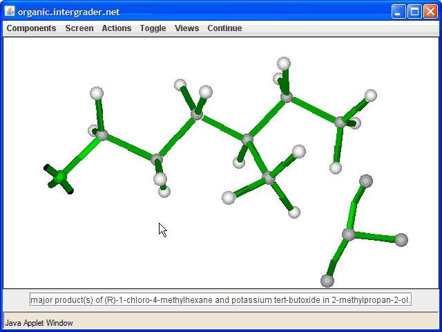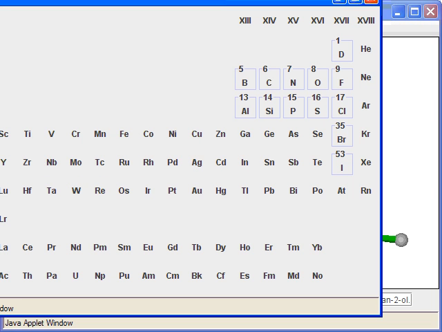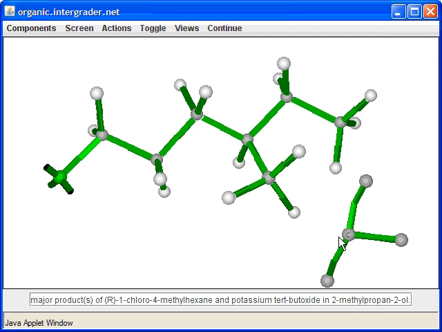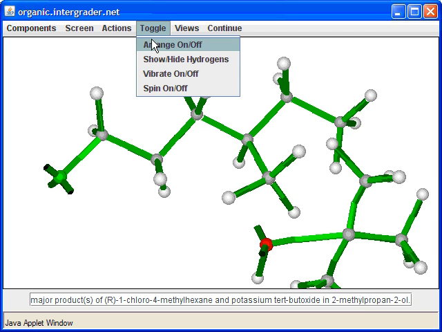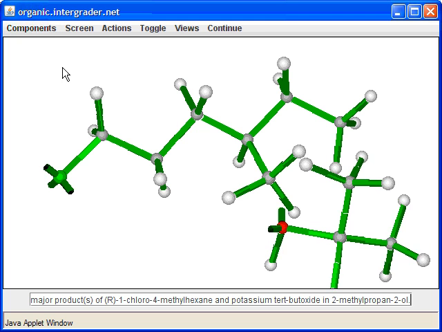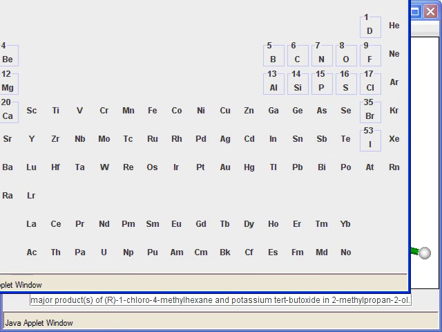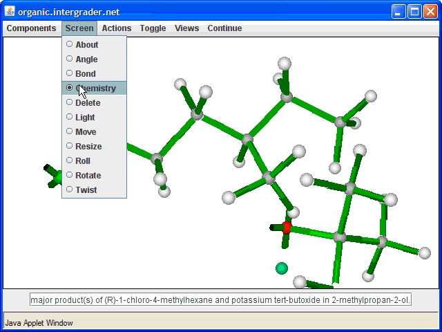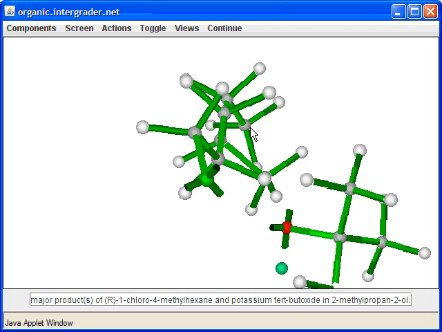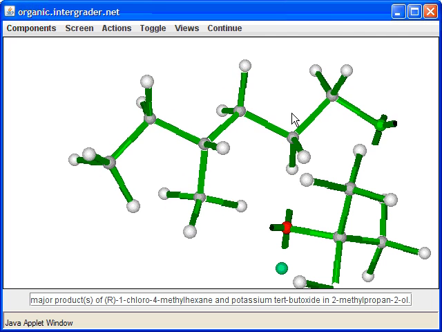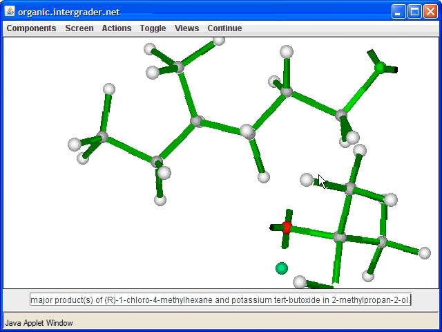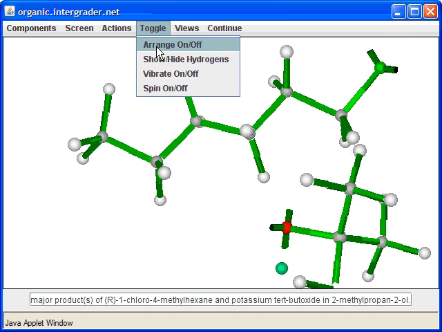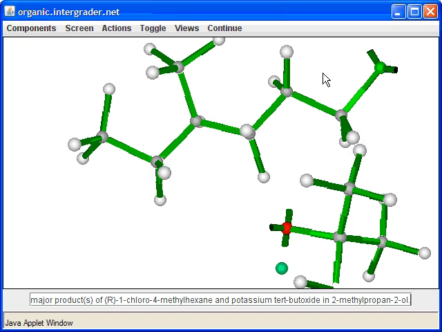And we'll add our oxygen, and we'll add our hydrogens. And we'll convert this hydrogen over to a potassium. Once we do that, we should realize that this is an ionic compound. I'll just go ahead and roll this around, because I want my electrophilic carbon to react with my nucleophilic reagent. But what we have here, even though this is a primary alkyl halide, is a very big sterically hindered base right here.